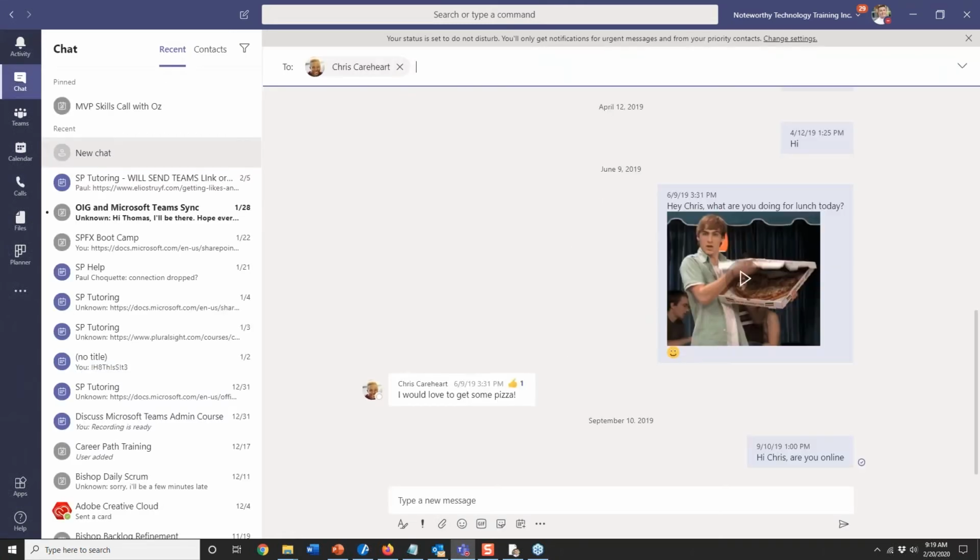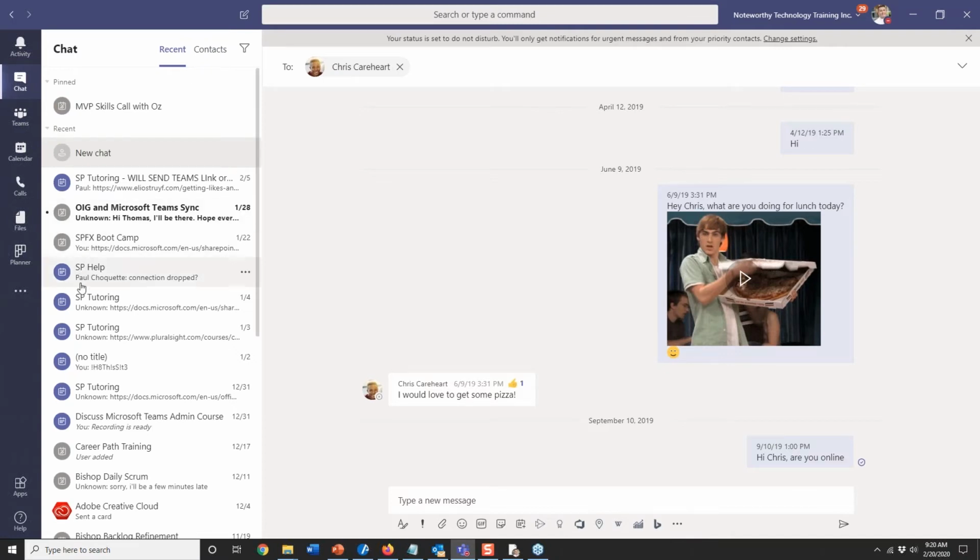Once again, chat, this is just your messages between other people and your contacts. Any meetings you had that had chat in them show up as a chat also. So just remember that these are not only chats you had with Jenny or Jim or Susie or whatever, these are chats also that if you'd had a group meeting and people were in there chatting, that you'll see that